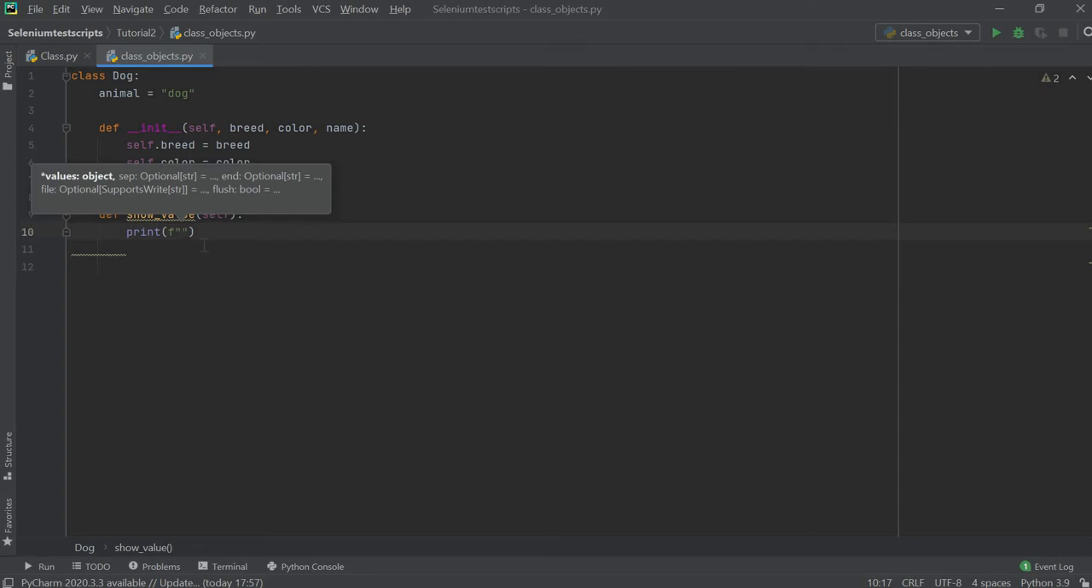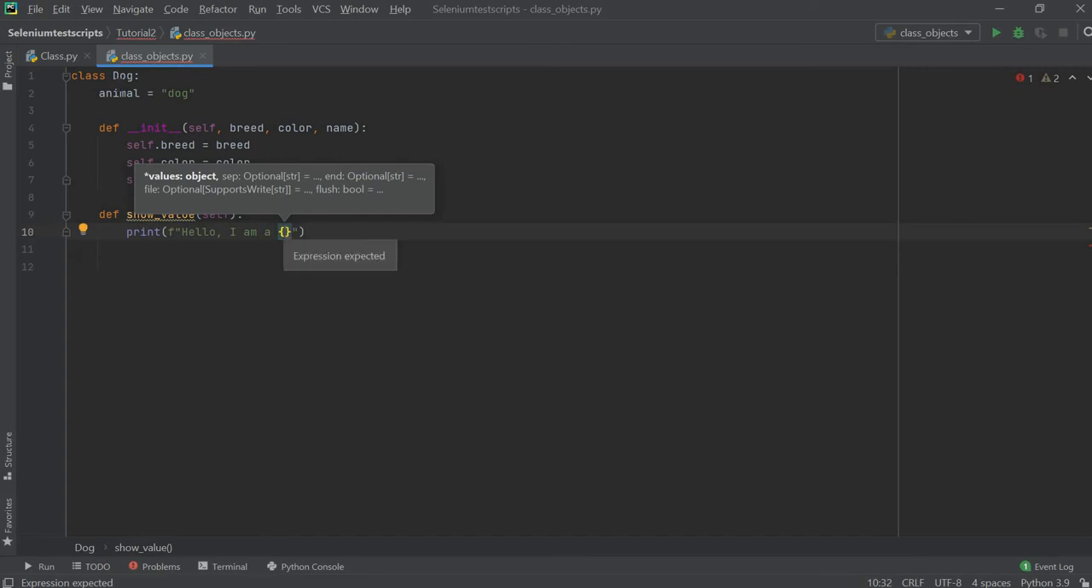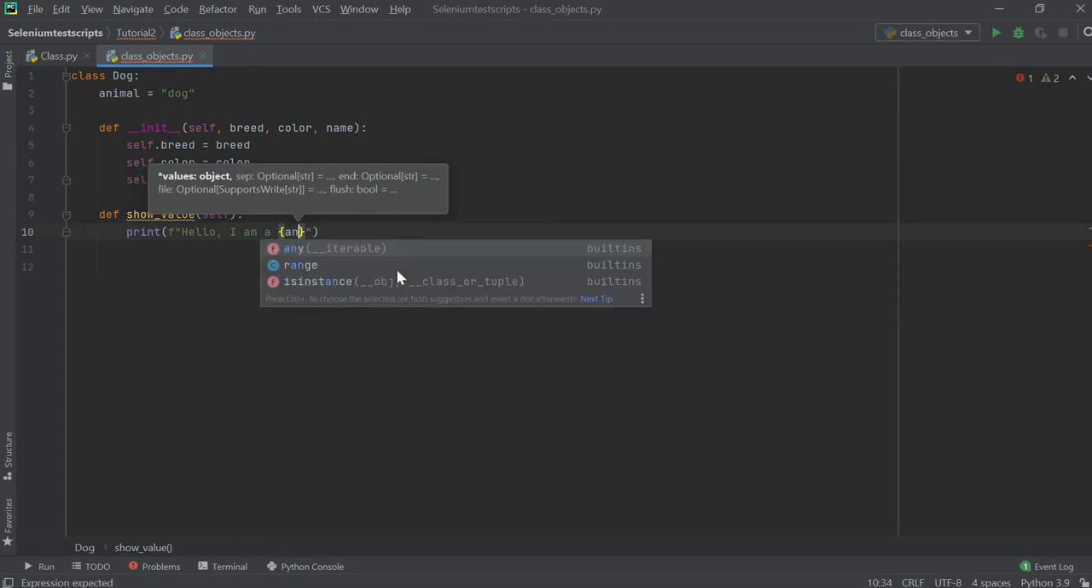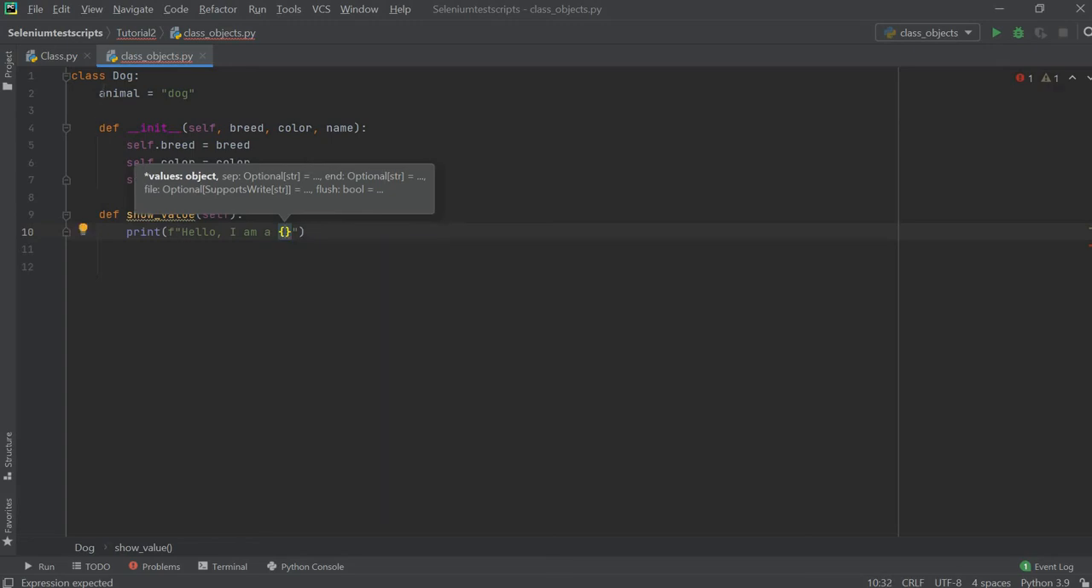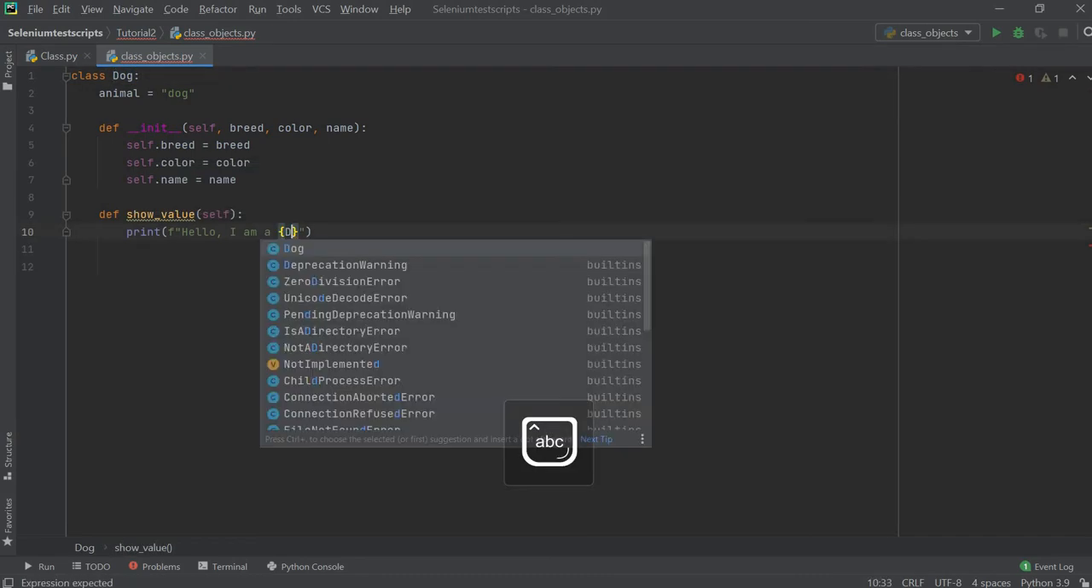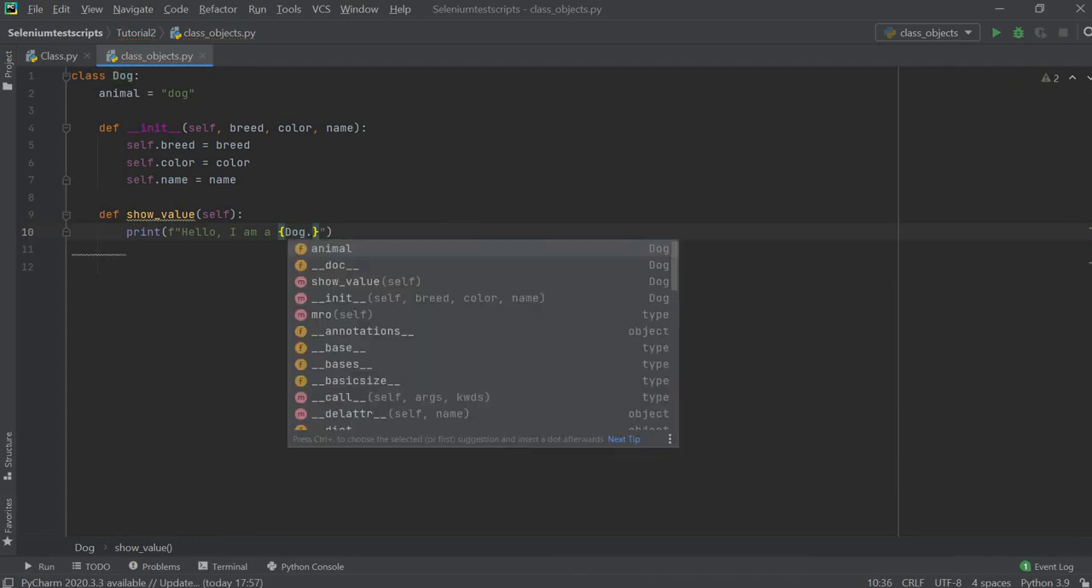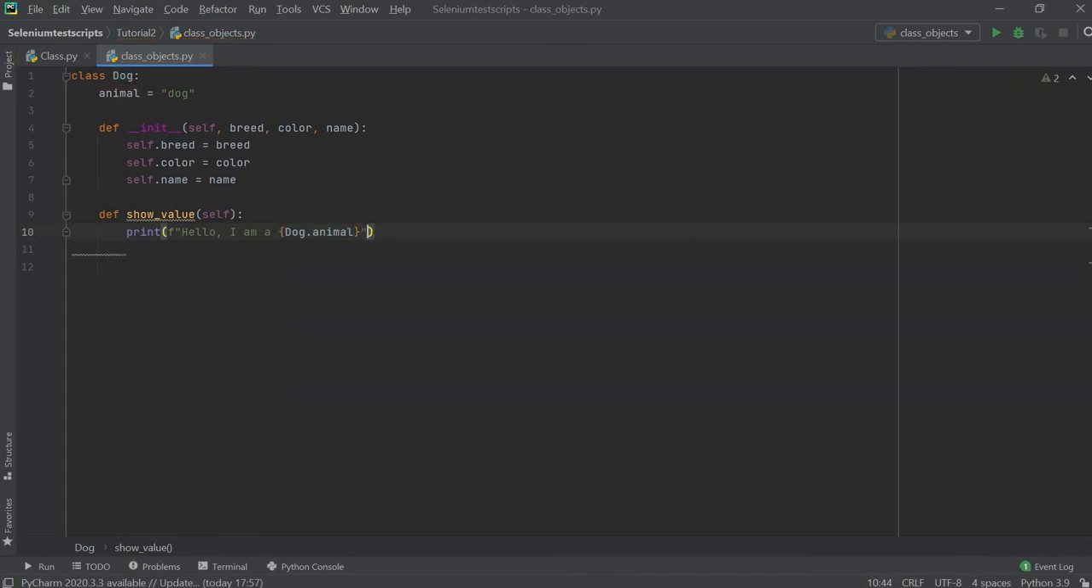Okay, so hello, I am a, now I'm going to use the value here, or you can say the variable name. So I'm going to use the name animal, but I cannot write animal directly. I must write the class name first. So the name of the class is dog dot, and now I can write the name of the variable. Okay, so I am an animal, and